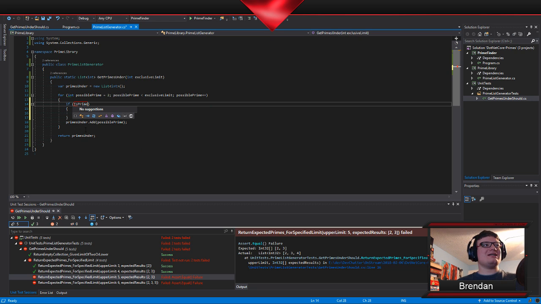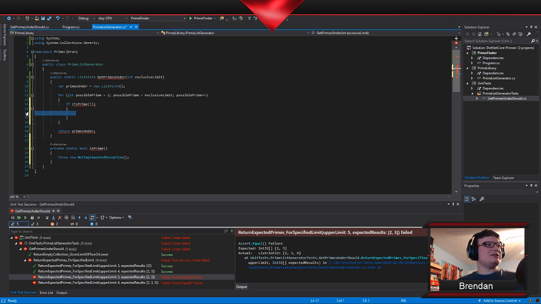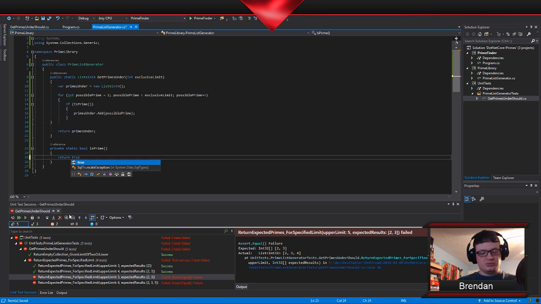So now I want to write is prime, because I'm a proactive developer, and I am aware that I should just make a method, because why not? So I make a private method is prime. It's going to throw. I'm going to go ahead and just cut this, move it up here, and get rid of my extra paren. And we should now be able to get a throw not implemented exception on all of those, but I don't really want that, so I'm just going to return true.